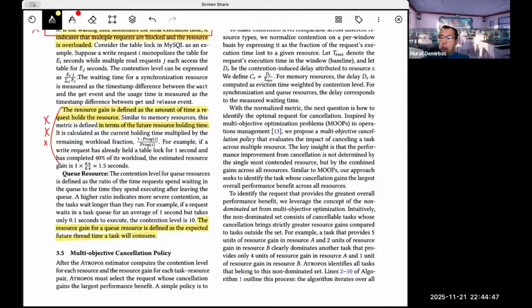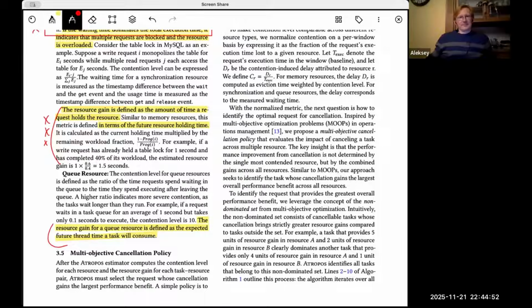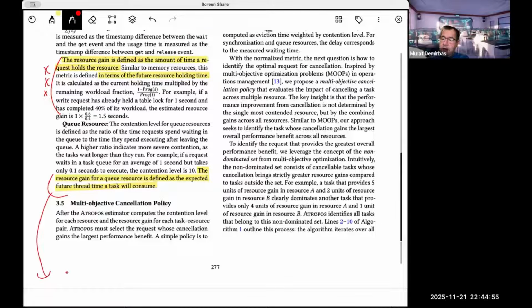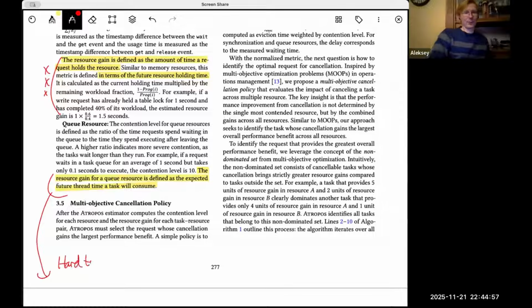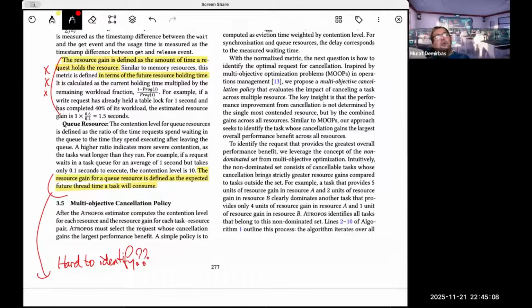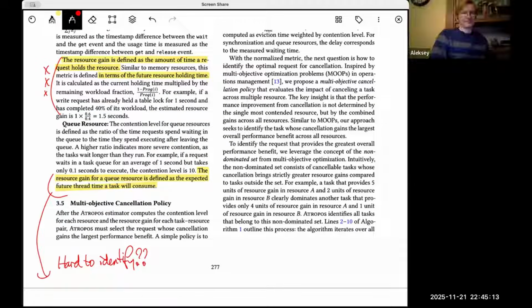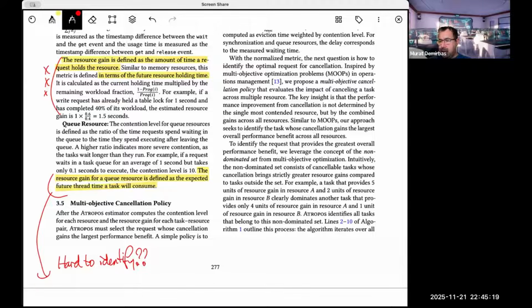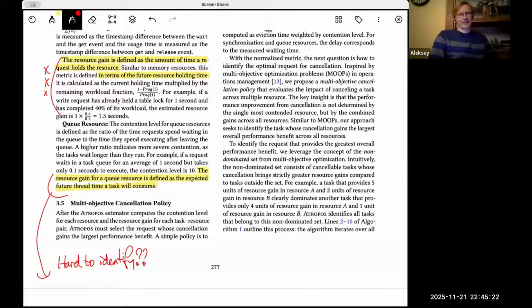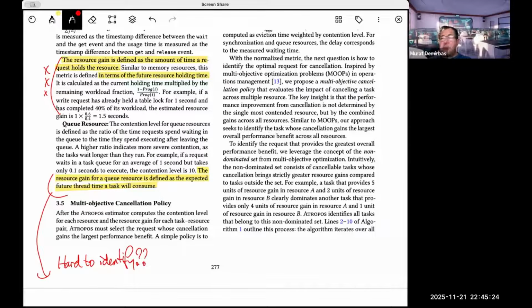But how do you know? This is hard to identify, and there is no hint here. Do they leave this to the developer? Again, I guess they can still look at this progress thing that they did, right? Like how much remaining versus how much they already took. And how do you know how many times you will get to have the thread? How do you know the number of iterations you will go through the loop? Interesting.